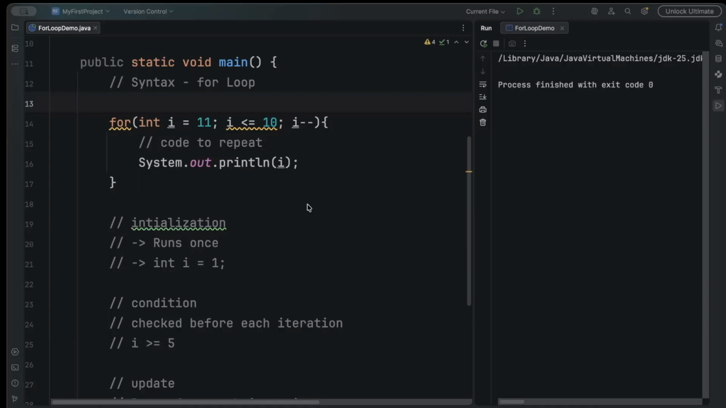Yeah, that's it about the for loop. In an interview, they might ask about these corner conditions, like what happens if it never reaches or something like that. If in an interview they ask whether you can omit some parts in the loop, yes, you can omit. So for example, I can remove this